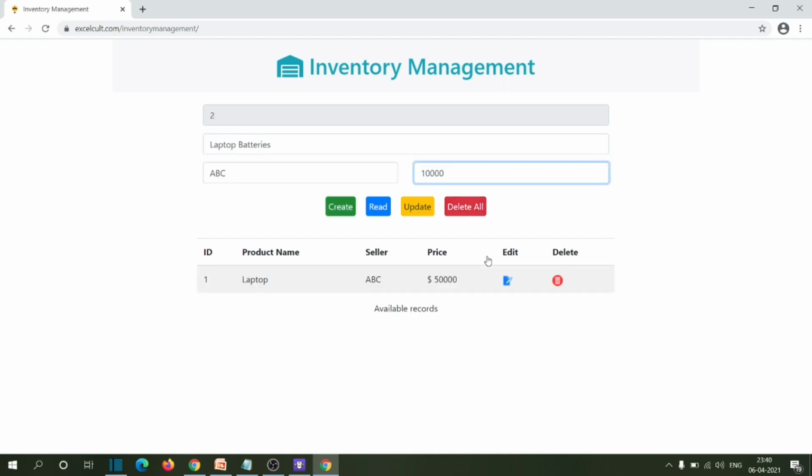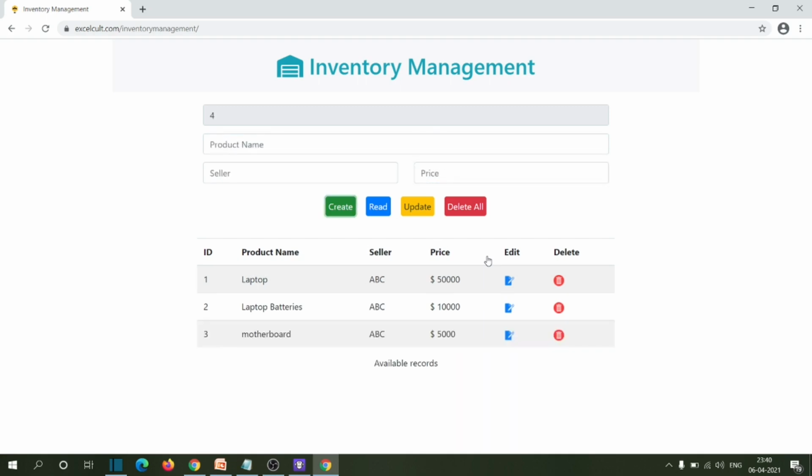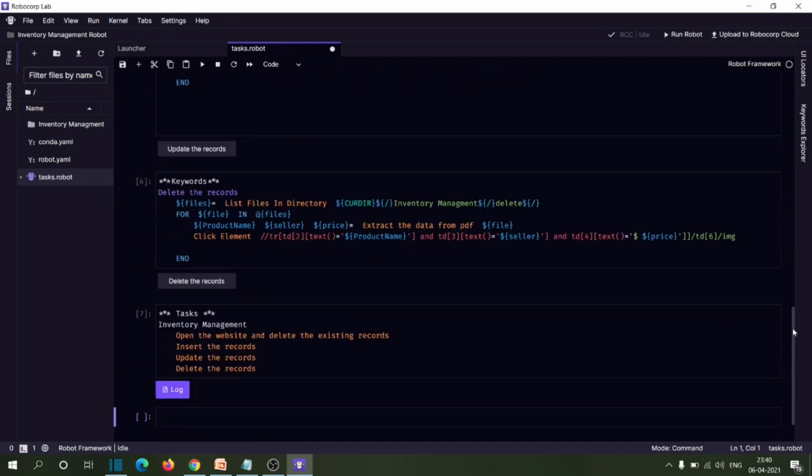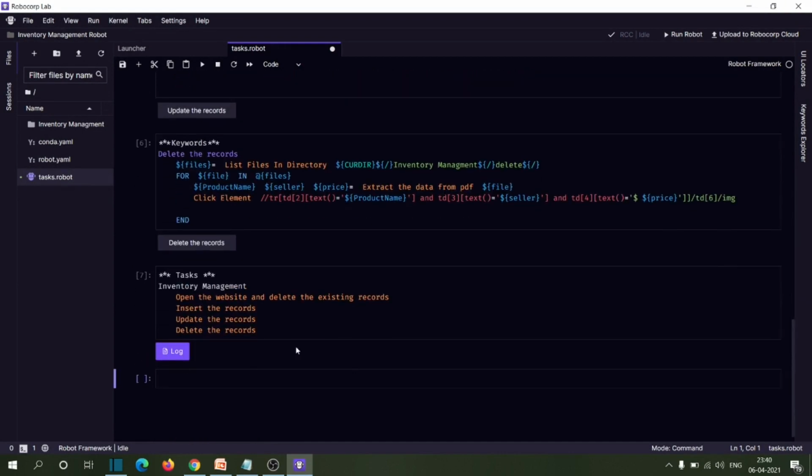Yeah. It's inserting the data. It's updating and deleting, you can see. So it has deleted the data. So we can say that our delete the record step is also working fine.